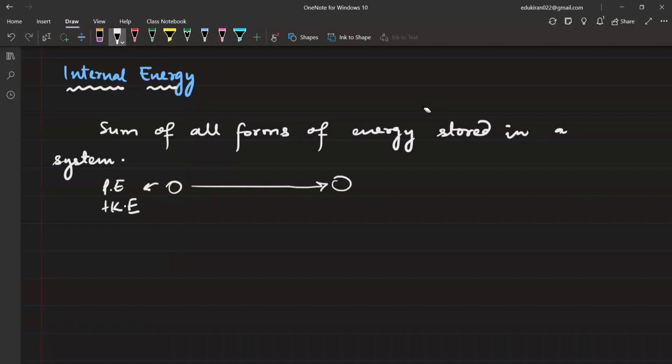When it moves and it is stopped by another player here, then what is it having? It is only having potential energy. Correct, guys? Please tell me. Now, where did the kinetic energy go? You can answer it in different ways. As that ball hits another player's stick or whatever they are using, there will be some sound. So kinetic energy is converted to sound energy.